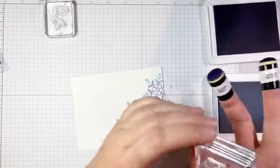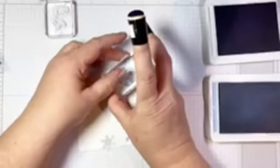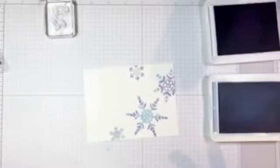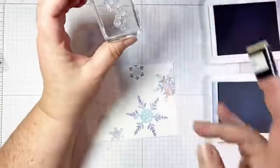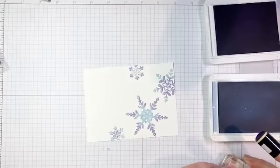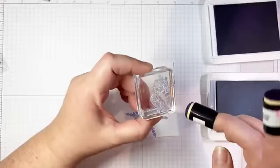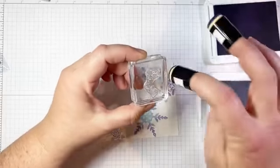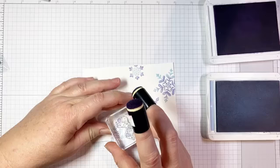I'm going to ink it up again. Take off some of the excess. And then add a little around the outside this time. And we'll add this little guy up here. Okay, now I could leave it at that. It's quite pretty, but I love this little collage of snowflakes. Looks like a little snow flurry. And we are going to ink that up. We're going to take off some of the excess, and then I'm just adding a teensy bit of the Highland